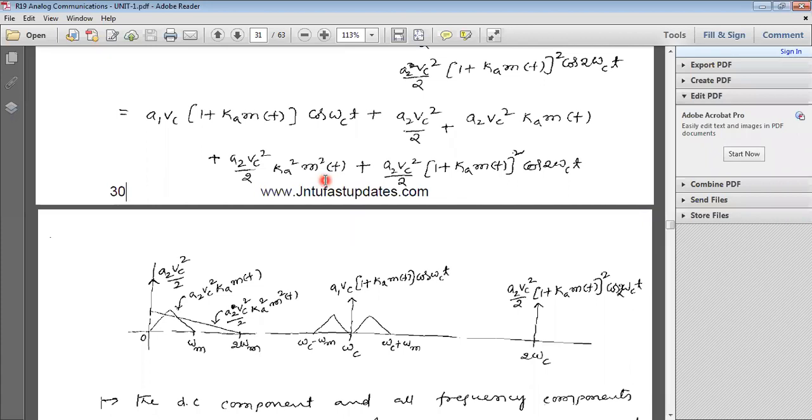How can we draw the spectrum for this? Observe here, these two terms have m of t. Already you know the message signal has a frequency of omega m. So for this signal we have a bandwidth of omega m. For this term we have a